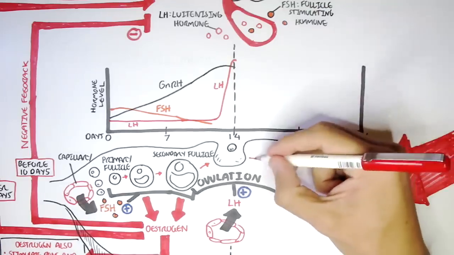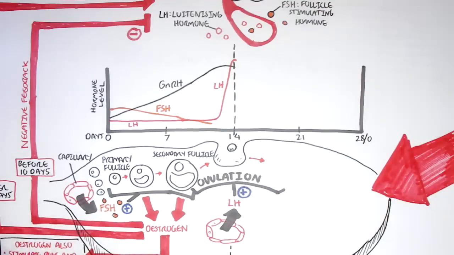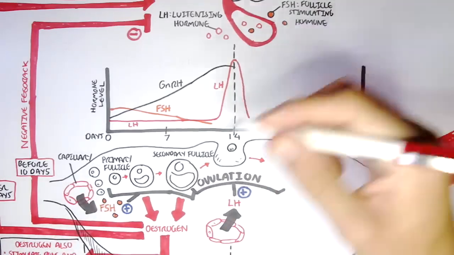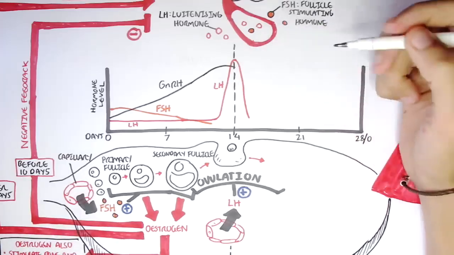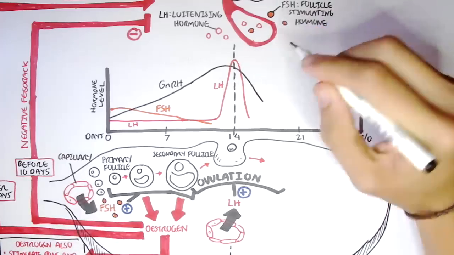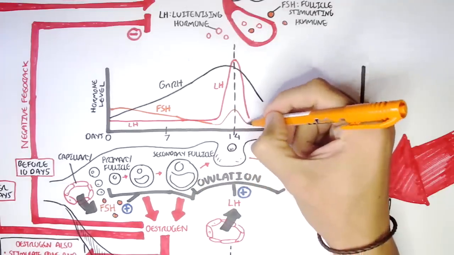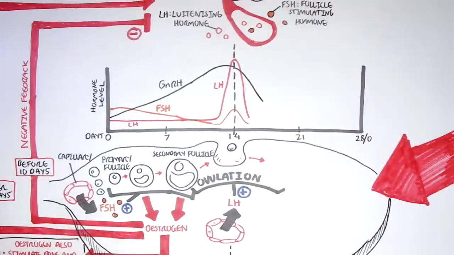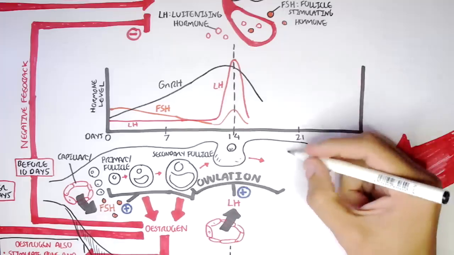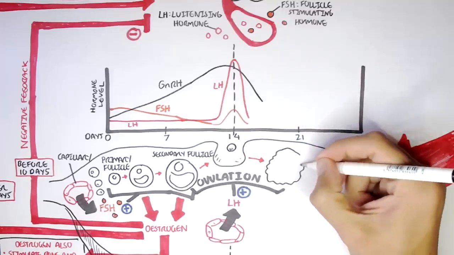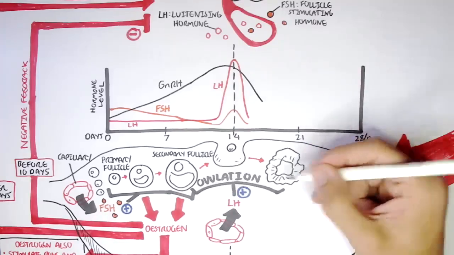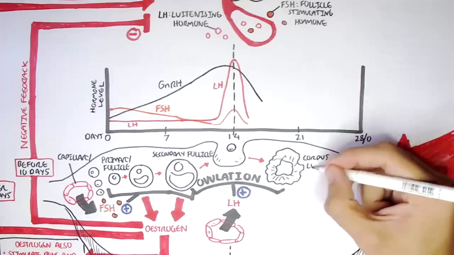After ovulation, the luteinizing hormone levels will drop back down. Gonadotropin releasing hormone will slowly drop as well. Follicle stimulating hormone also had a small spike as a side effect of the surge of luteinizing hormone release. So luteinizing hormone triggers ovulation. An oocyte is released. After the follicle ovulates, the follicle will turn into a corpus luteum, which is a dead